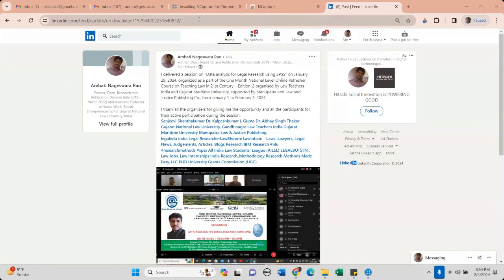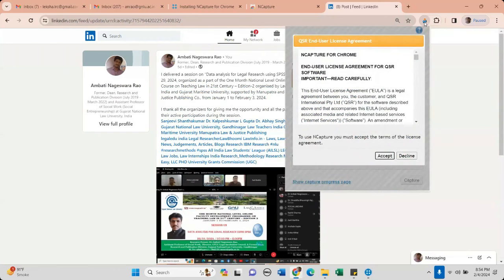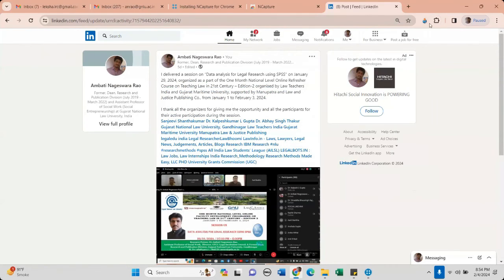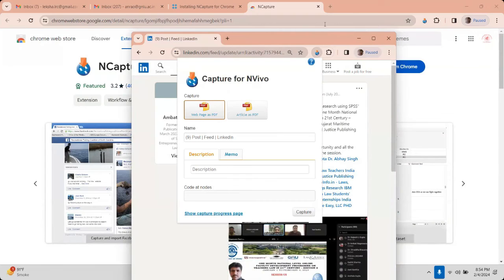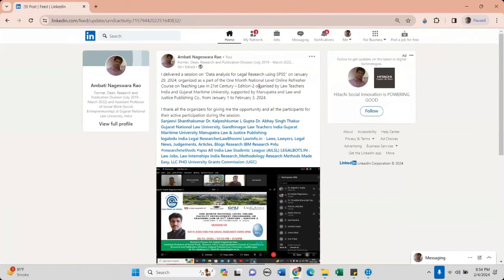Go to the particular website from which you want to scrape data. As you have already pinned nCapture here, just click on it. If you're doing it for the first time, on a particular day, it will ask you to accept the nCapture license agreement. I want to capture this particular page. Okay, I'm clicking on nCapture. It is asking me to accept the license agreement. The moment I click accept,